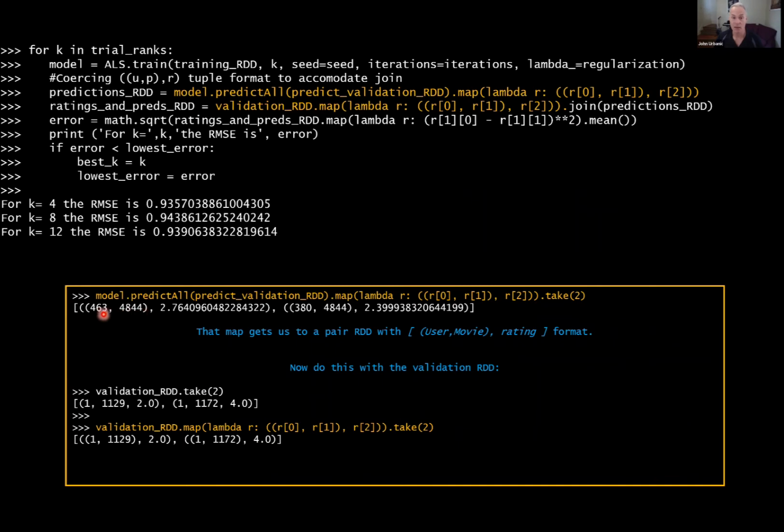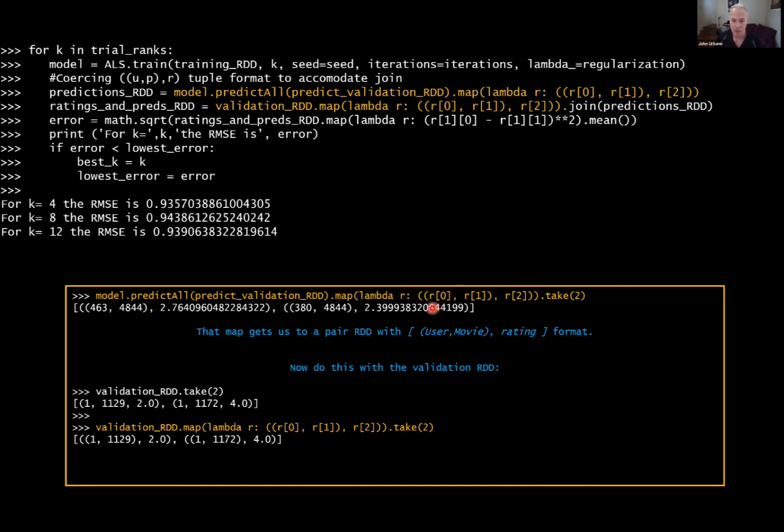What have I magically ended up with? I mean, I'm not trying to do it. It's just happening by itself. I ended up with a key value pair. It turns out my elements are a key value pair. I'm going to get a pair RDD. If you remember the terminology the Spark world likes to use, if you want to remember pair RDD, doesn't matter. I just think of it as a key value element. I've now got an RDD that's a bunch of key values. My key is the user movie combination, and my value is the rating. And I just did that by doing this little map right here, right?